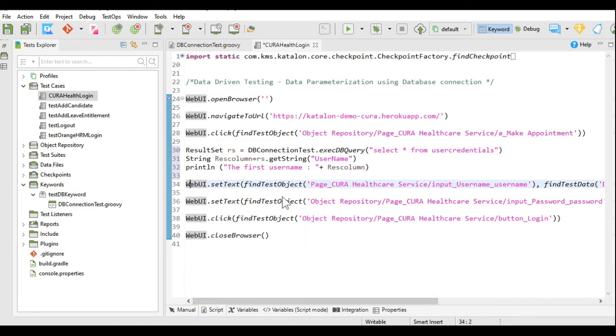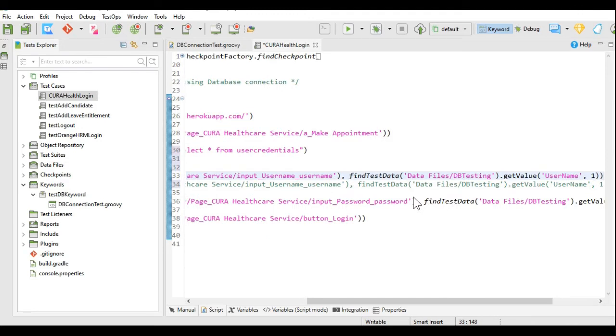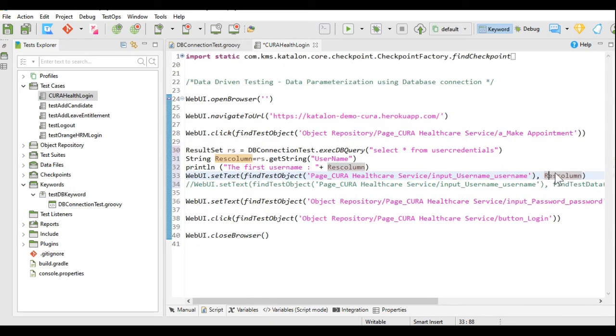I will comment this code and copy this, paste it over here, and I will make the changes in this part of the code. Here I will give the string name in which the username has been taken.